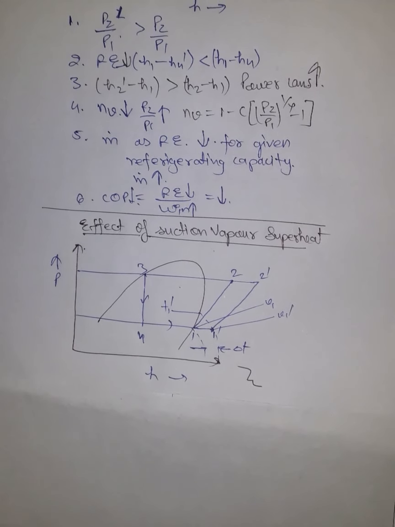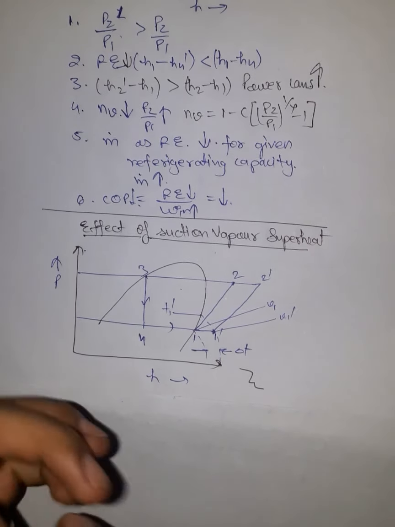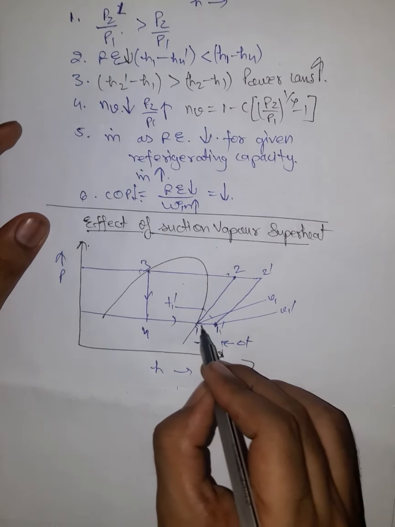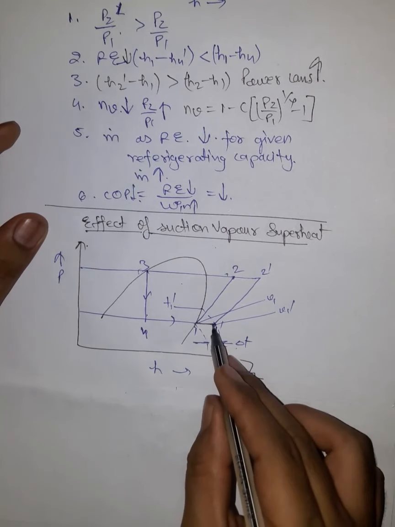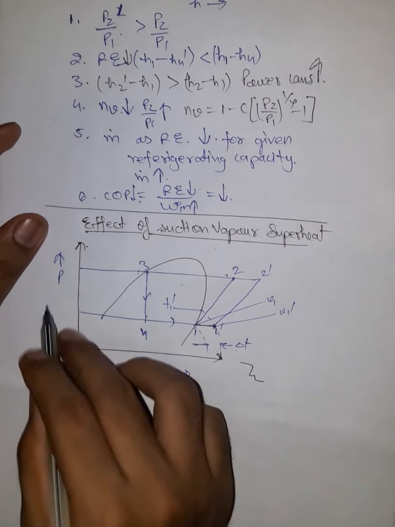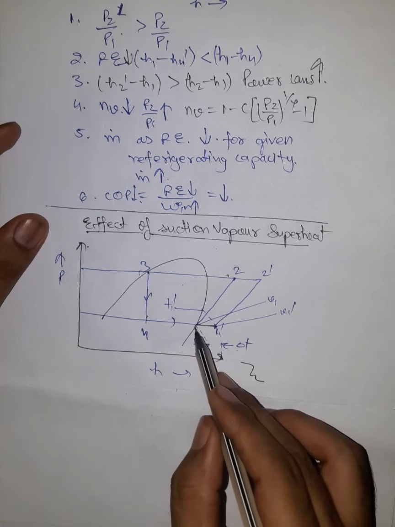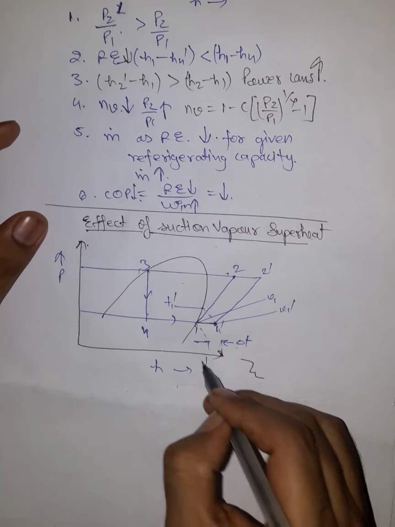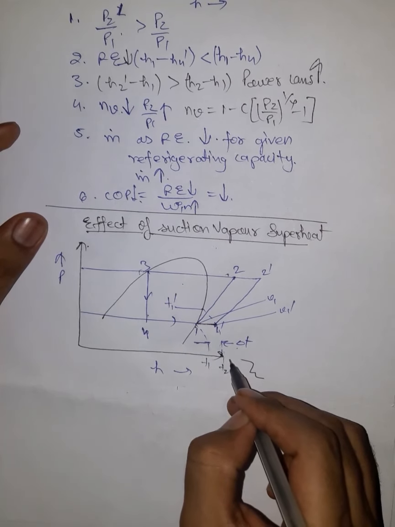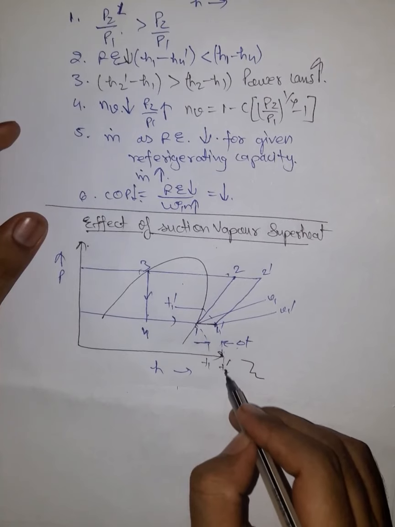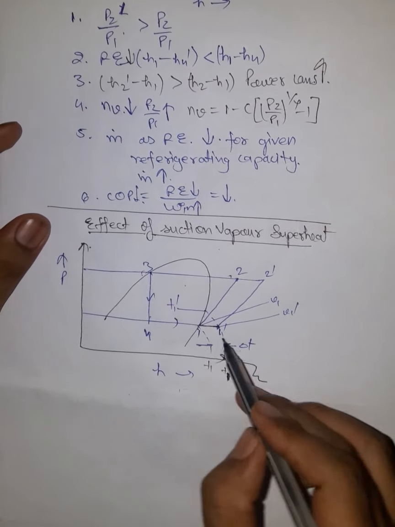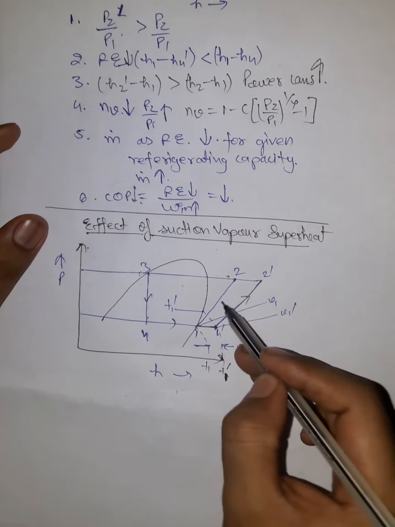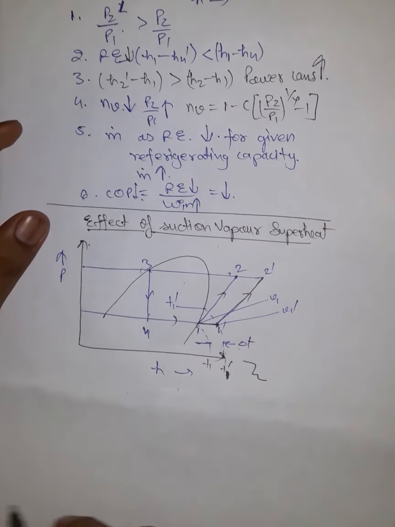Now I have drawn the diagram over here. We can see the original cycle was 1 2 3 4, and after increasing the degree of superheat by delta T, as I have shown over here, and we know that in the p-h diagram the constant temperature lines in the superheat region are in the form of these arcs. So this is temperature T1 and this is T1 dash, and T1 dash is greater than T1. So this is a delta T temperature increase. After that the compression process is over here, and the original compression process is over here.